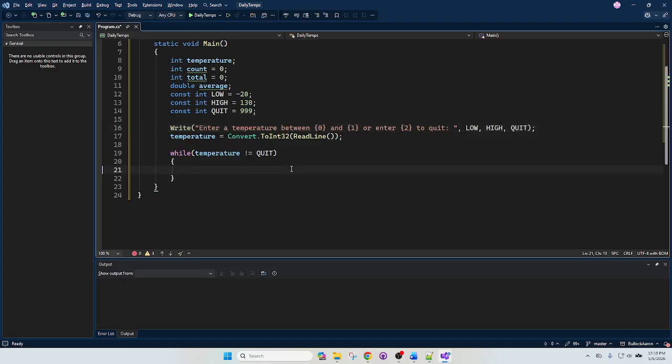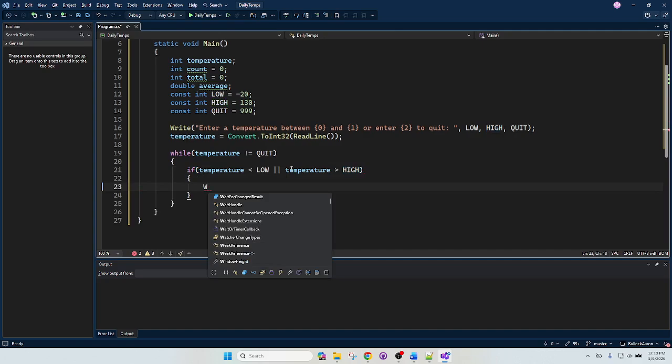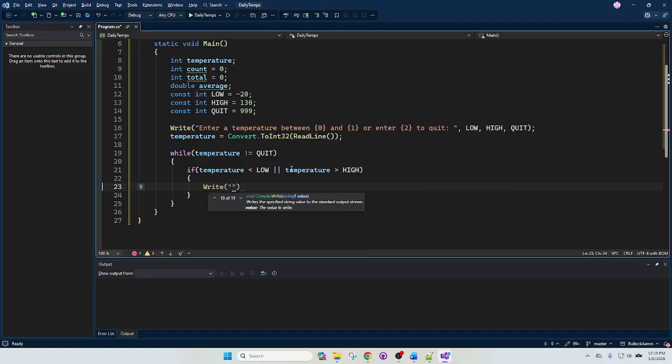All right, so in our while loop, once we check to see that the temperature is not the quit value, we are going to let them know if the temperature is too low or too high. So we're going to say if the temperature is less than the low limit, or the temperature is greater than the high limit, if that's the case on either one, then we are going to let our user know with a Write or WriteLine. We're going to say something like